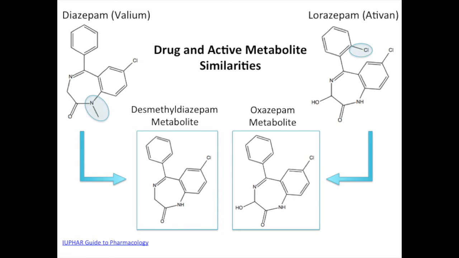It is worth noting the resemblance diazepam and lorazepam bear to two of chlordiazepoxide's active metabolites, desmethyldiazepam and oxazepam respectively. Clearly, the development of some of the most successful later-generation benzodiazepines were based largely on the structure of chlordiazepoxide's active metabolites.